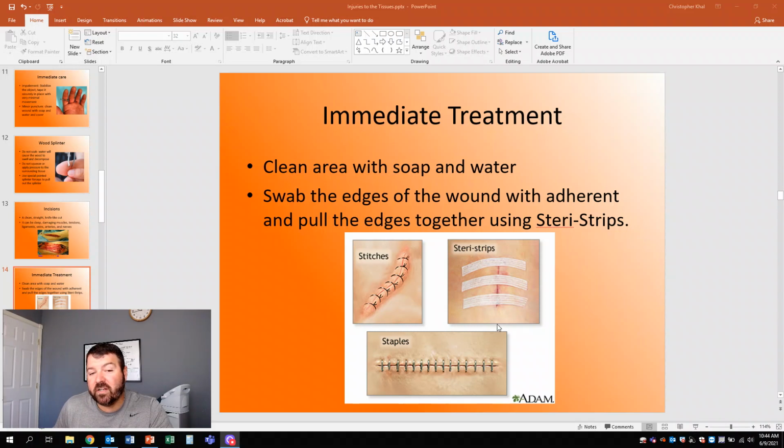And I'll disinfect along the outside with alcohol. Not in the cut, I'm just going to clean outside of it. And then I'll put on whatever adhesive or glue it is. There's a bunch of different ones that you can use. And then I'll close the wound with the Steri-Strips. Okay. It takes a long time to get used to this because they can be kind of small. I do have pretty large hands.